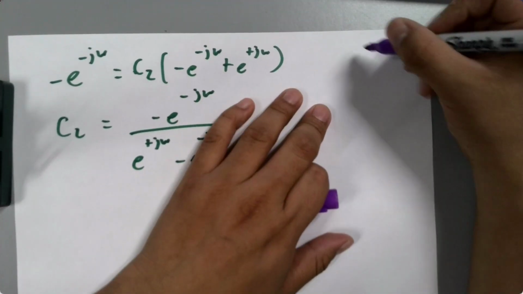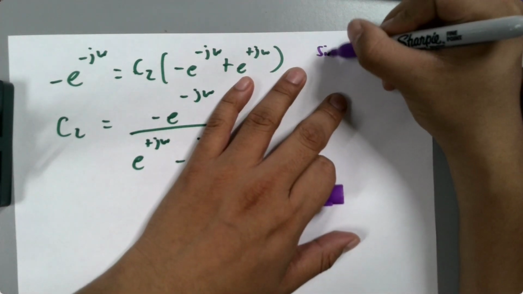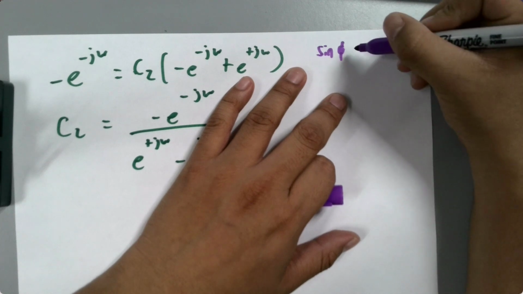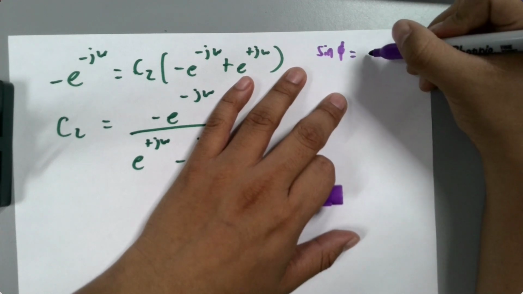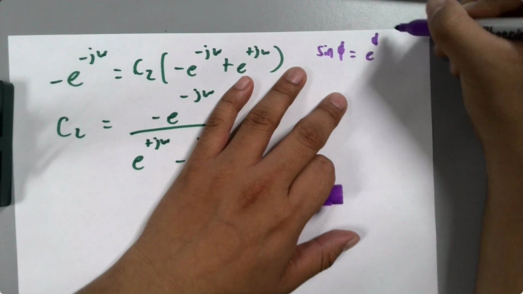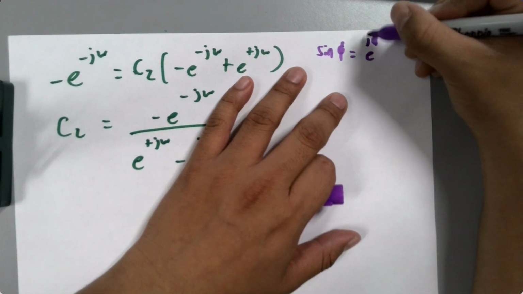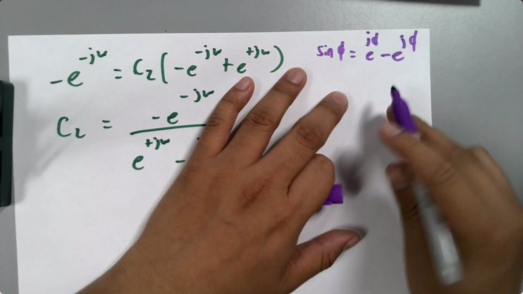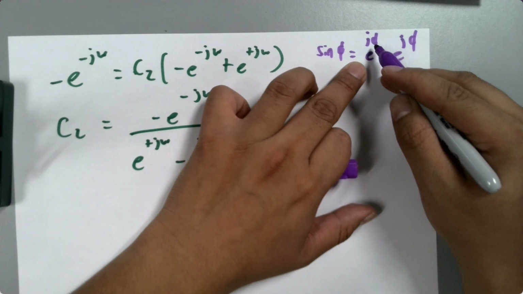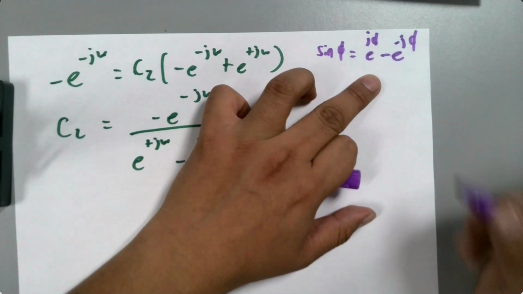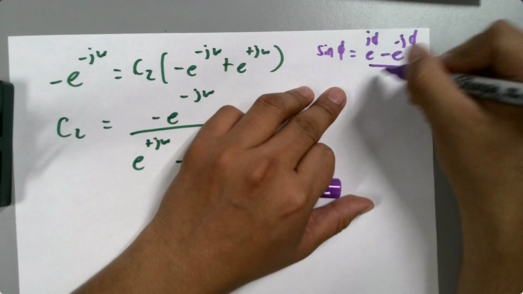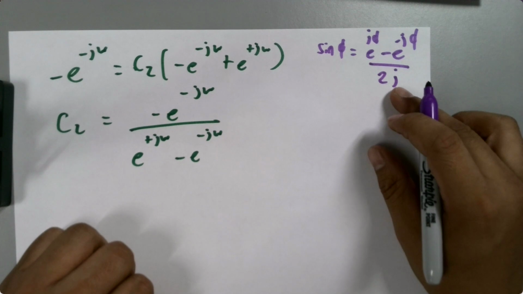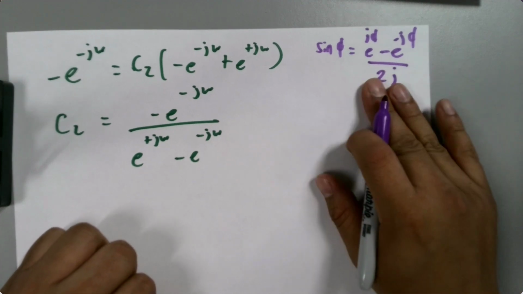So we're going to go into our little DSP world and remember our rule for sine. Sine of phi is equal to e to the j phi minus e to the minus j phi, I'm just doing this as a coefficient. So we have a positive frequency minus a negative frequency, all divided by 2j. This is something you'll eventually see in 361, but for now, this is what we're going to be using